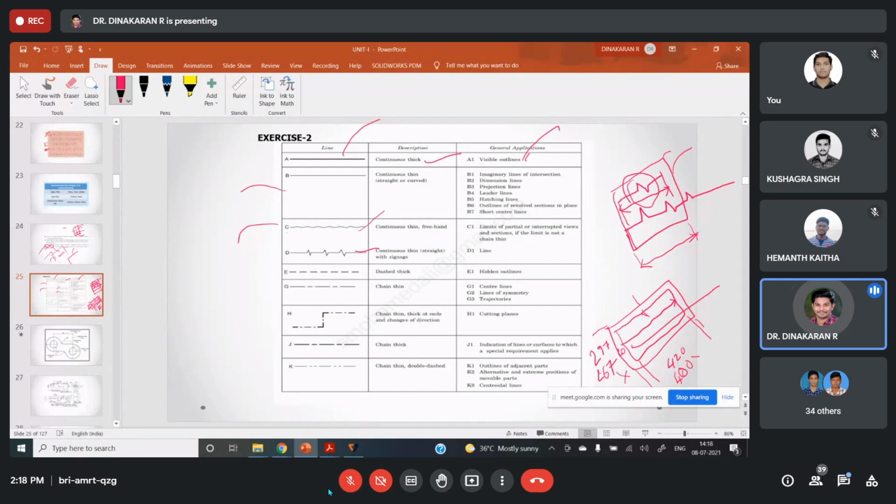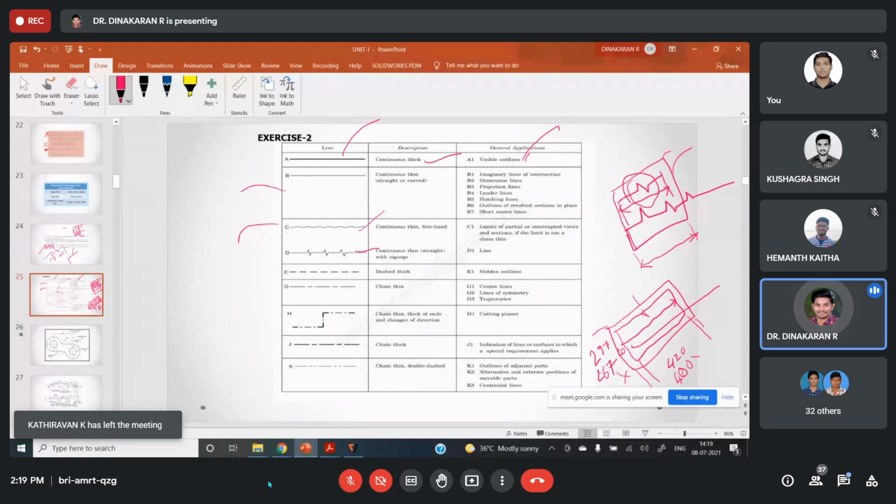Next is the dashed line. So I told yesterday itself, the front part is what is visible in mobile or laptop, the screen only is visible. The back side has a thin thickness of 10 mm like that. Is the back side visible or invisible to our eyes from our side? Invisible, sir. That invisible should be drawn in hidden lines only.